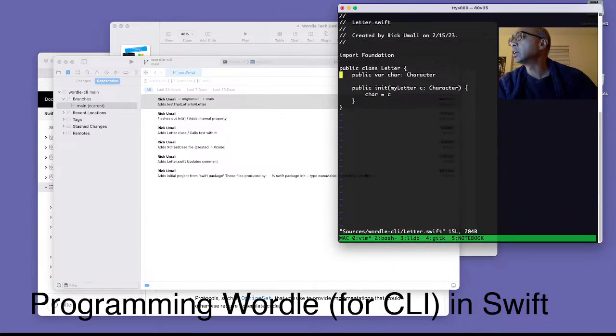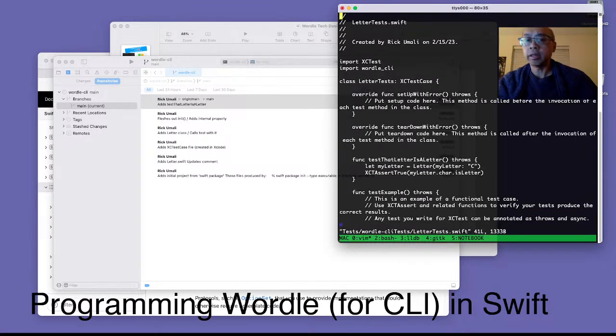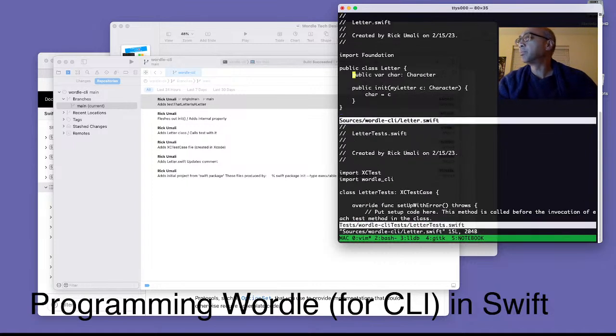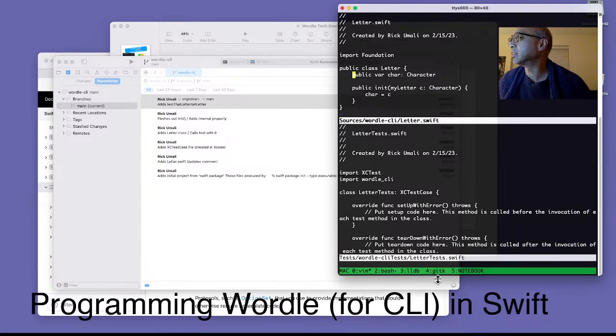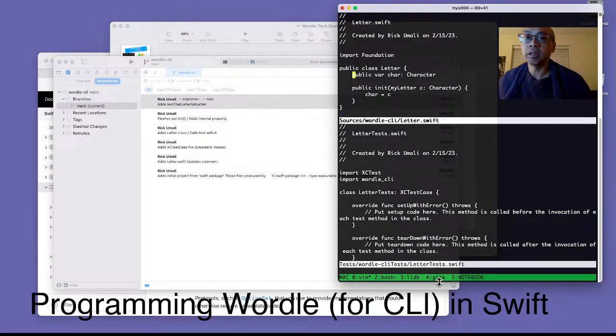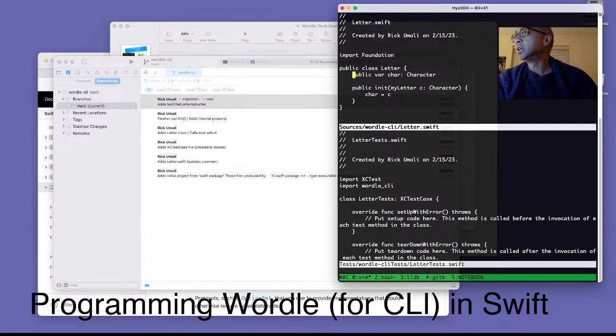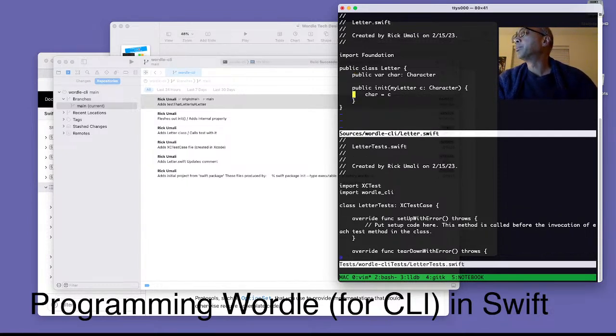Yeah, so we have this here, and we're also going to open up the tests. And already you might be thinking, boy, I wish he'd go back to Xcode. But let's just try this here. I'm gonna expand this a bit, and again, we probably don't need to be in here for too long. But what I want to do though is